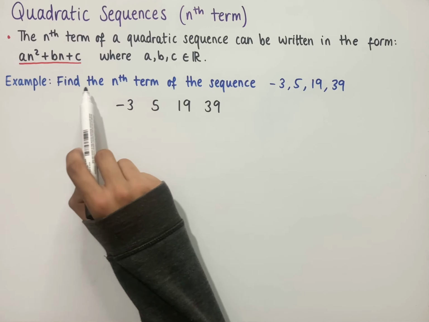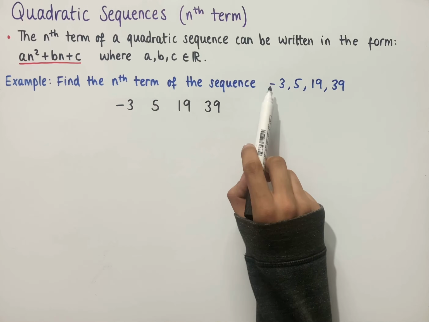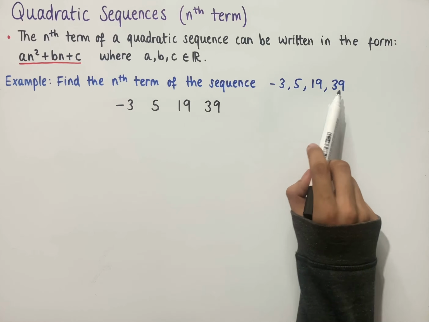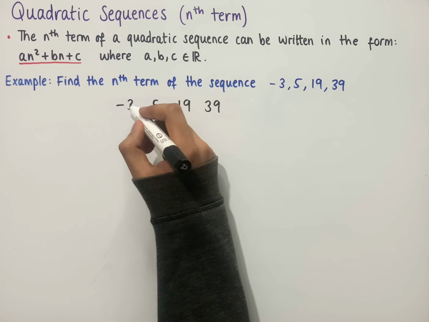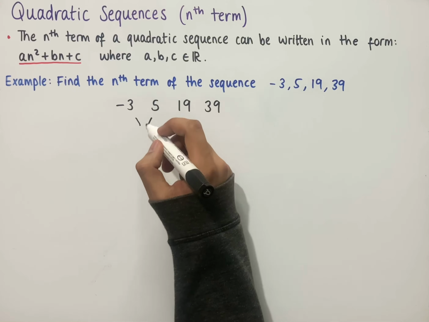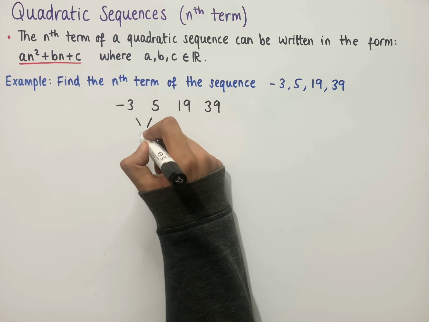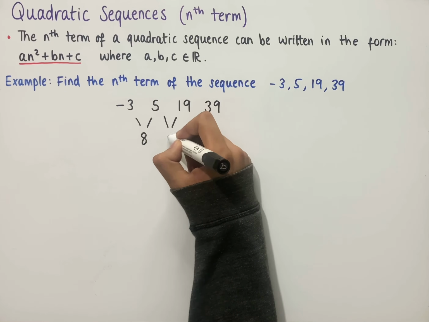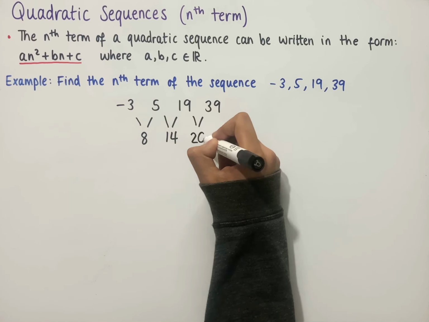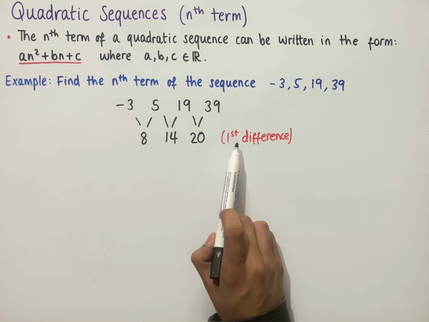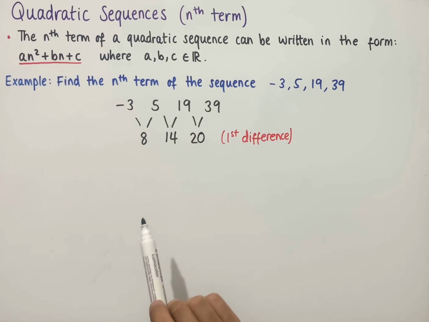So the question says, find the nth term of the sequence -3, 5, 19, 39. So we work out the first difference, so that's 5 minus -3, which is 5 plus 3, which is 8. And then 19 minus 5, which is 14, 39 minus 19, which is 20. You see again that the first difference is not the same, and so we know that this is not a